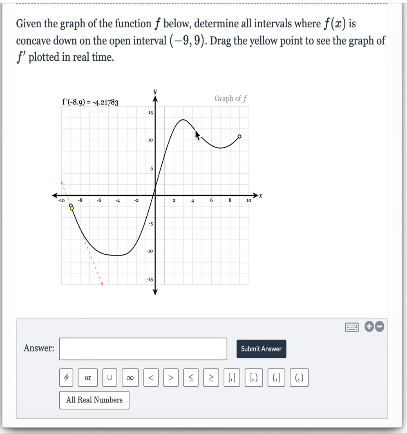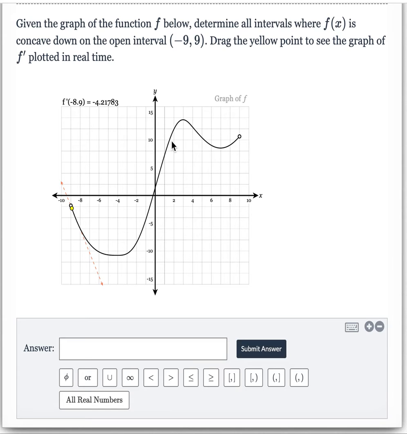Okay? So uphill meaning like happy face. Happy face, sad face, happy face. So concave down is going to be over here somewhere related to this sad face. Now, they're going to help us mathematically by dragging the yellow point in order to graph on the same picture